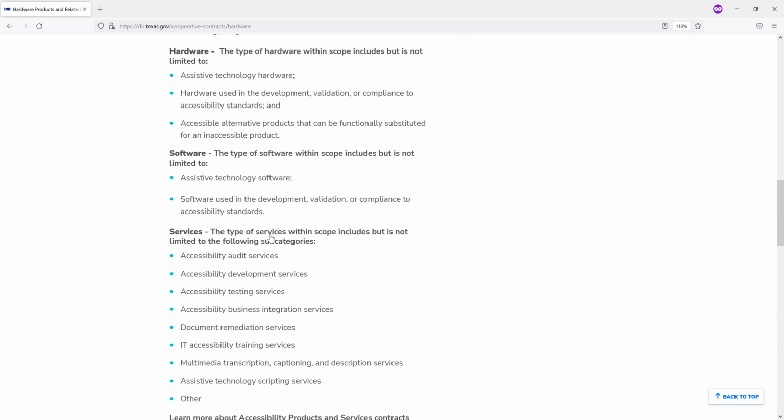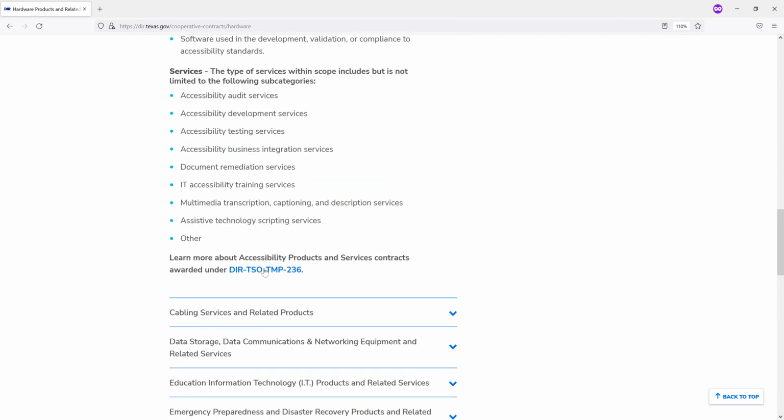And if you click on these links here, they will go into our search and show you the active contracts that are available under that RFO. And I just wanted to make a point. At the RFO level, we list out all the different types of eligible products or services. The contracts themselves may be a little different depending on how they were awarded. A particular contract may only offer X, Y, or Z, as opposed to the whole gamut of what was offered under that RFO. So it's really important if you're clicking on this link